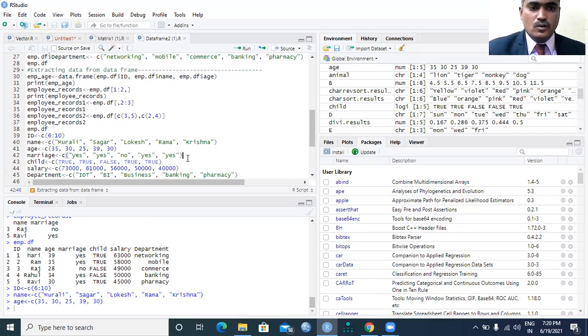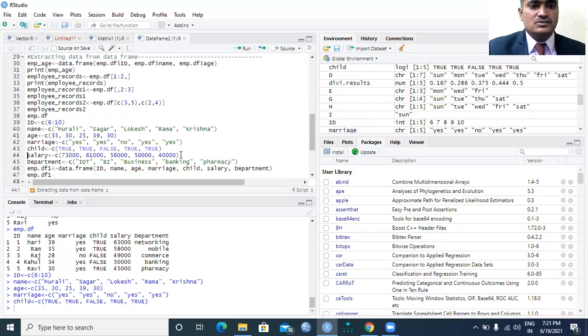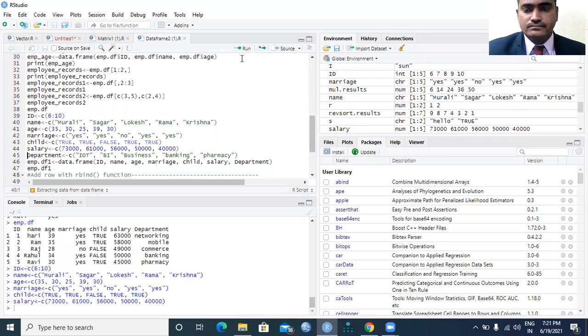Then I created a variable for the children's status: true means they have children, false means they do not. So obviously it is a logical type. And the salary variable is obviously a numeric type.